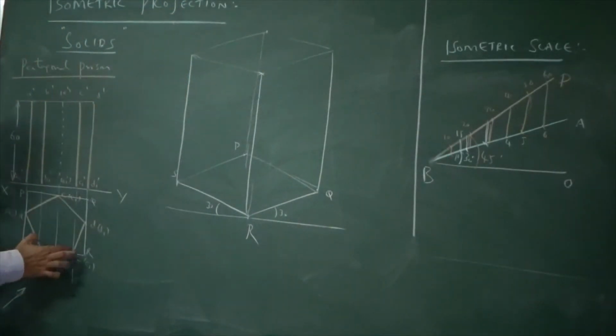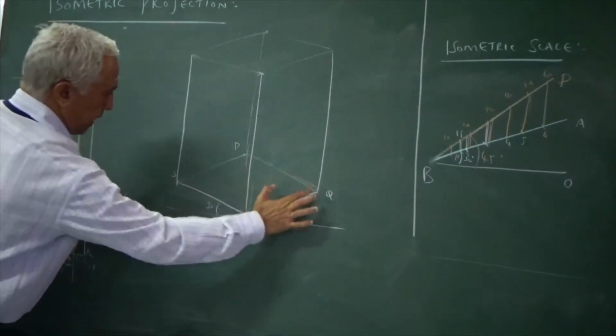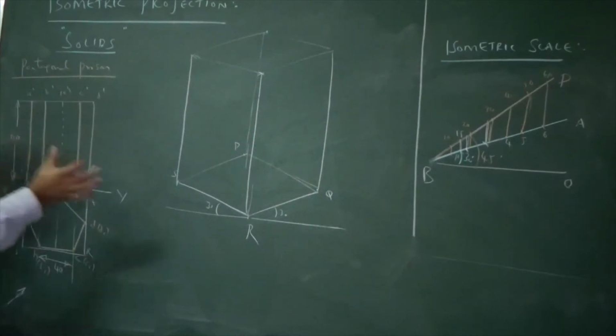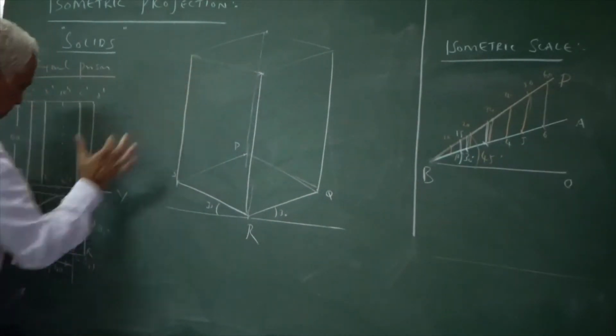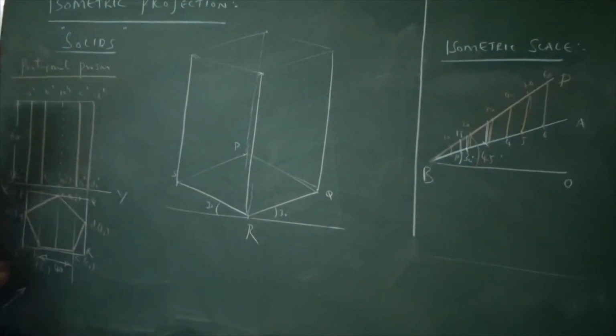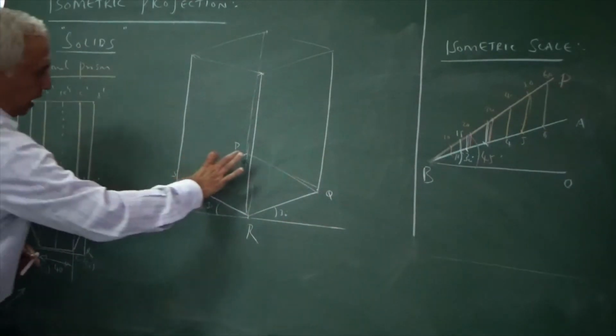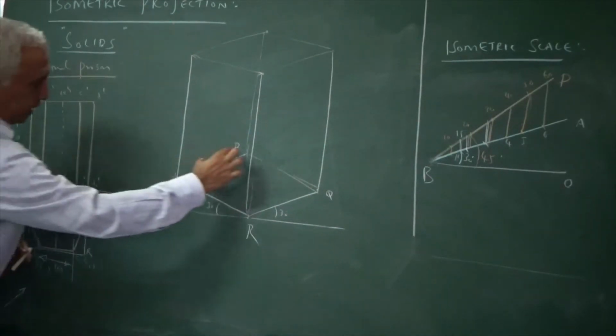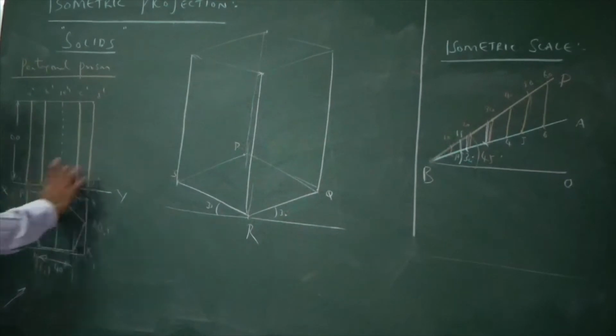So my pentagon will be inside a rectangular box at the bottom as well as at the top. Because these two sides are the same, if I construct a pentagon here, I can transfer it to the top base also. To see the figure, in between P and S, point A should come. So this PS is iso of PS. So take PA from the figure, and don't transfer directly because this actual is isometric.